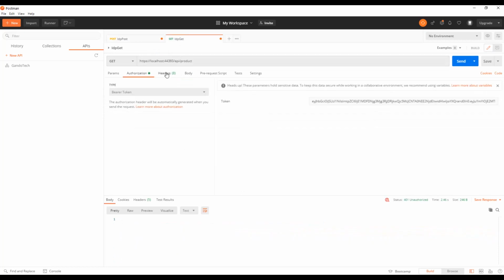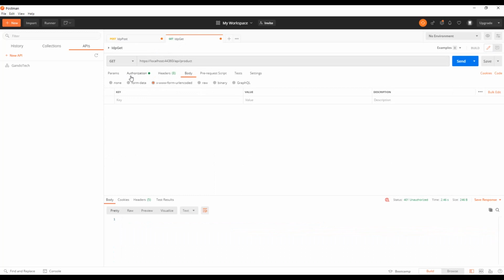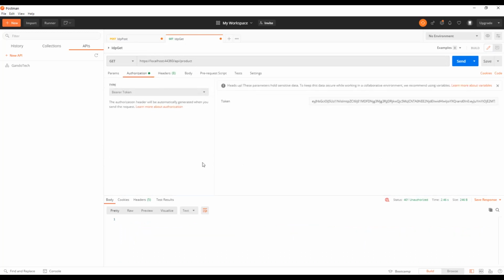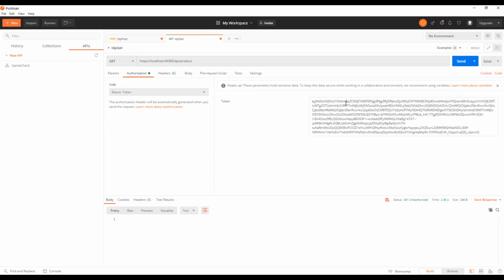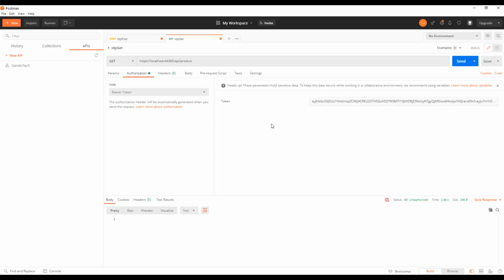My URL remains the same, my header remains the same, there is no body. But in GET, as you remember, we said we are using the bearer to access our web API. So you have to choose the type of your authorization as bearer token. And then in here, you have to put your access token. As soon as you put it here, now if I send my GET request to the API, ta-da! Wow,